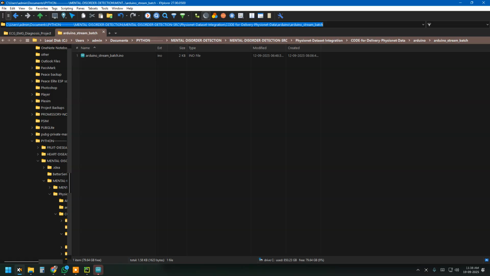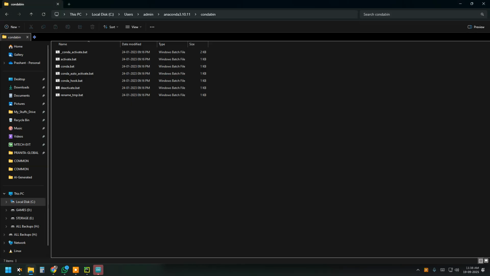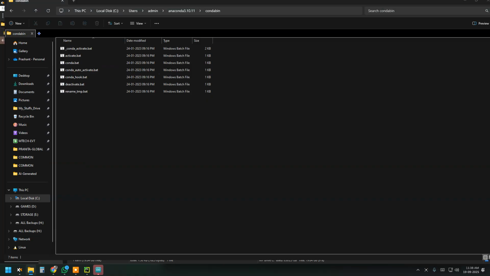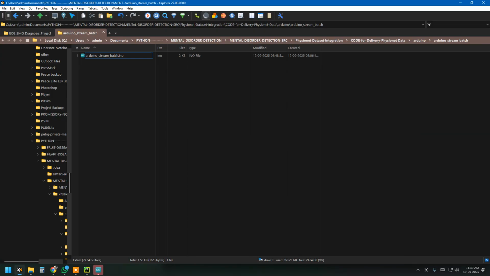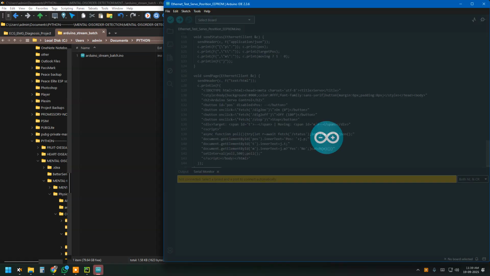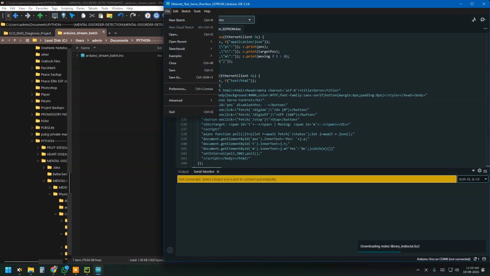I am using XY Explorer, so this GUI may be different from the normal Windows GUI, because the normal one regularly hangs. So I have replaced the Windows one with this. Now here, what you have to do is File, Open,